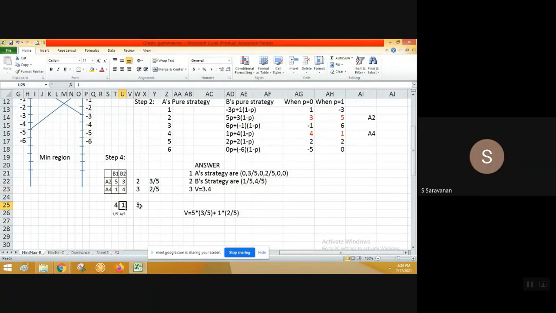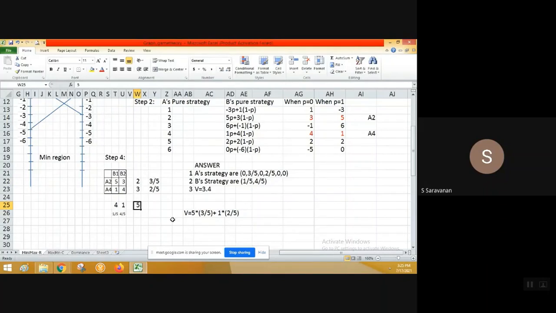Now from both the sides, if you sum it, your answer is 4: 2 plus 3, 4 plus 1. From both the sides, your answer is 4. So now we have to identify the A2 strategy, A4 strategy, B1 strategy and B2 strategy. Just check here. What is the A2 strategy? I have 2 here. The total is 5, so the number of parts I am missing here is 3 by 5. Just make a cross, that's all. So 3 by 5, 2 by 5. Similarly here, 1 by 5, 4 by 5.